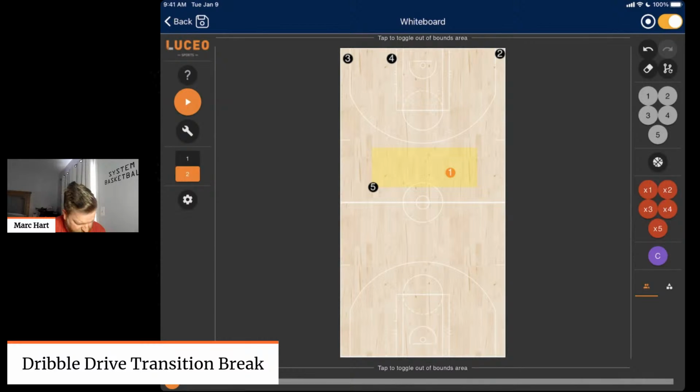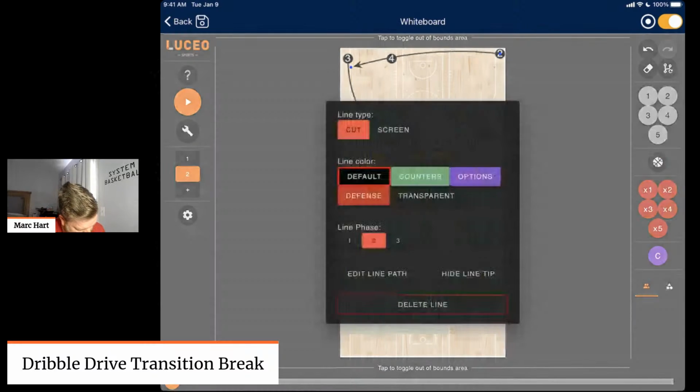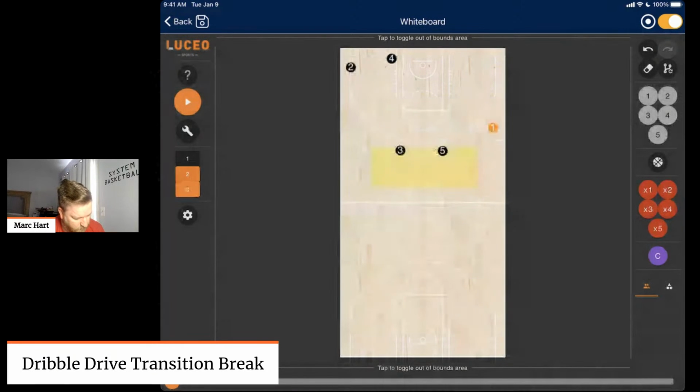If they get pushed to the outer third, one of my automatics is we're going to run a push entry, which I went over versus the zone, but you can run this against man. And in the push entry, it's moving the chess piece, moving your players one spot. Everybody moved except for the post. Okay. So one's on the wing, and we're going to look to pass